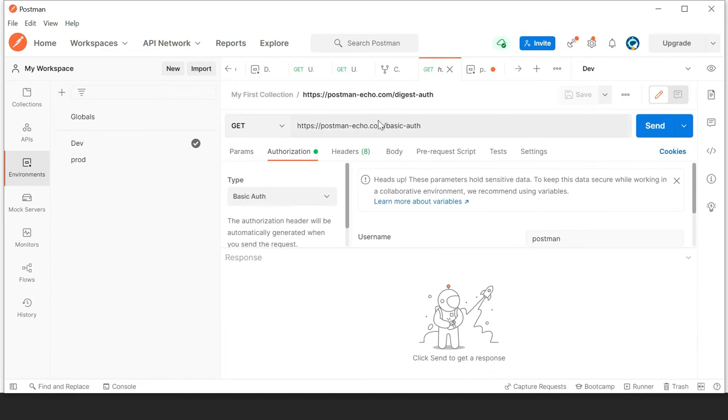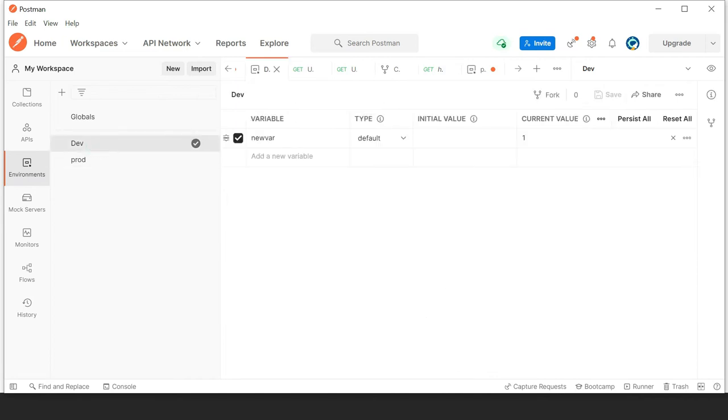Let us add it from our existing requests. The current value for this is this, and for prod I need to add a different URL.